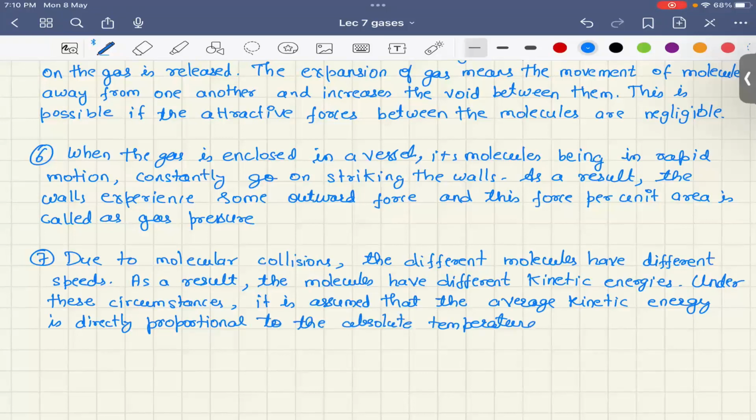It has been observed that when the gas is heated, its temperature rises. This is because thermal energy results in an increase in the average kinetic energy of gas molecules. Therefore, these molecules strike the walls of the container more frequently and thus exert more pressure. Therefore, it is seen that on heating a gas at constant volume, the pressure increases.